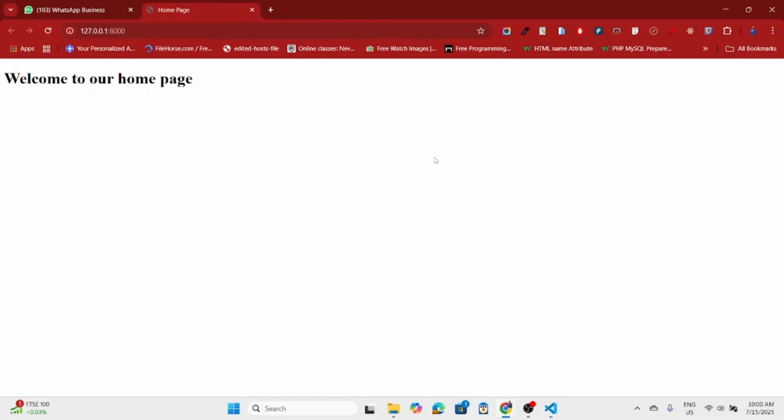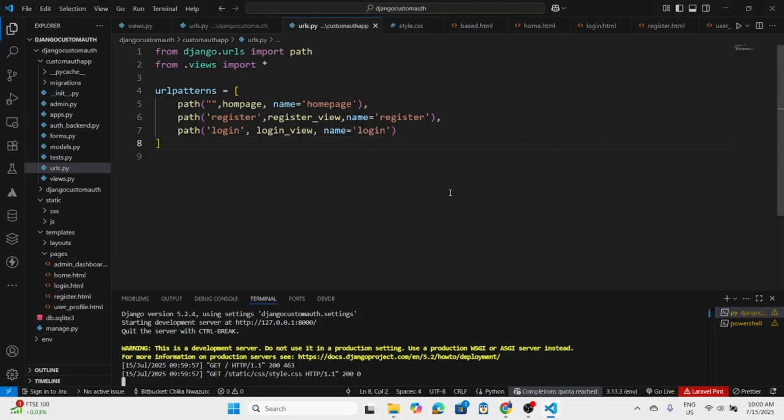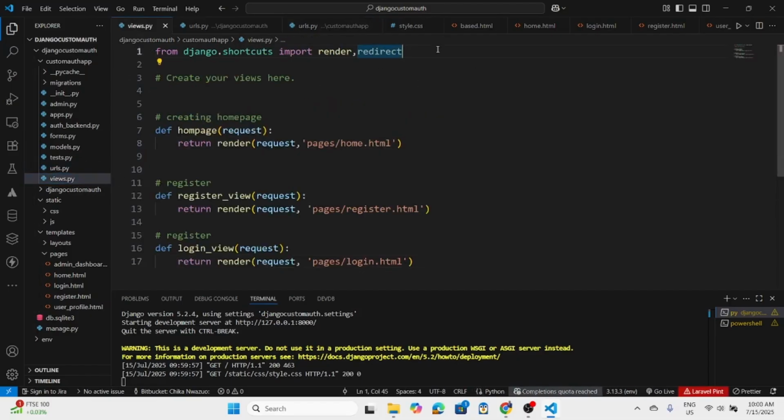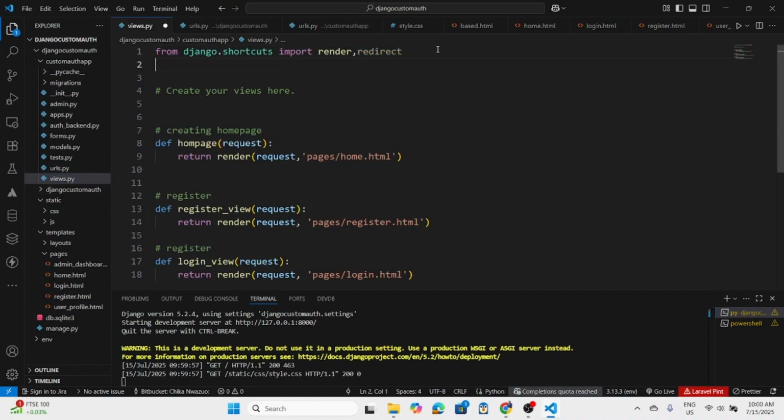Okay, welcome to our homepage. Congratulations, okay? Now, what are we going to do over here? Let us now come back to our view. And on our view, we want to do one or two imports. Remember, we have created our form. We want to import from the Django